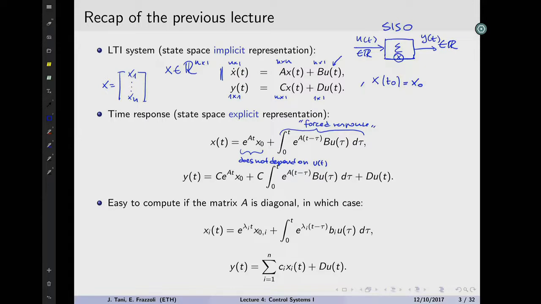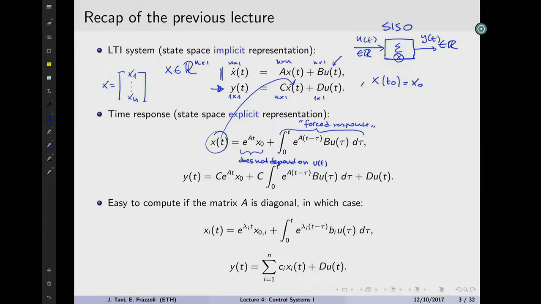And this was nice. So once we figured out what the x of t was, we just used this second relationship here to figure out what the output is. Okay, Cx plus Du. Once x is known, we can plug x in here, and things are straightforward. And then we said, okay, now we know how to describe what is of interest to us. That is a really good chunk of systems in the universe, or at least we can describe them to some degree of good approximation.